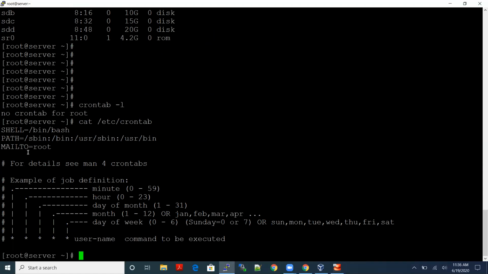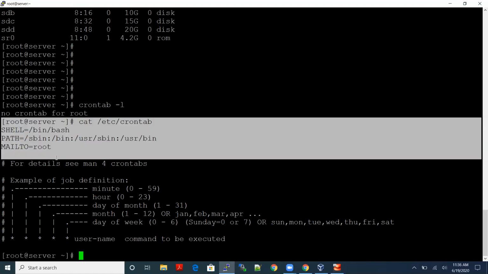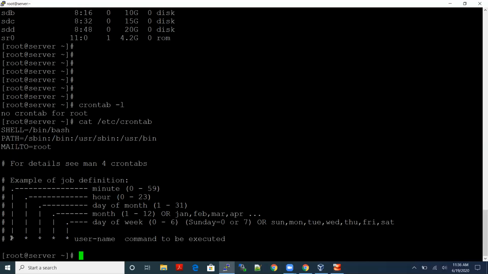If you want to create any crontab entry, we need to use this syntax. It has five stars. The first star represents the minute, meaning at which minute I need to schedule my system cron job. Each minute is calculated from 0 to 59. Once you complete 59 minutes, it will come to 1 hour.